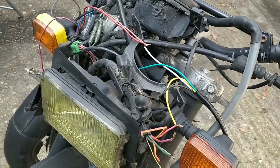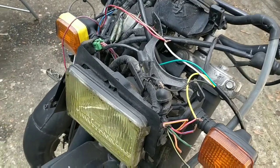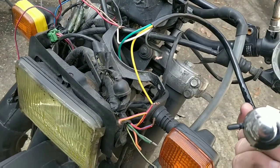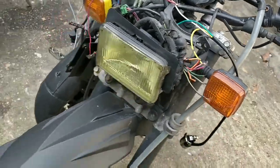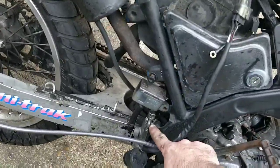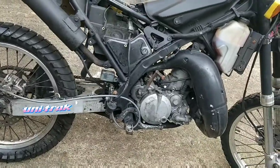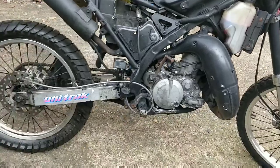At the moment I've got all the lights sorted. I haven't got the horn sorted. I can't quite figure that out using this button, which is annoying. But I'll get some help if needed for that. I've got no solution to the rear brake. I believe it needs a new master cylinder. 40-50 quid if you can find a second-hand one. I've drained out some of the oil. It was definitely too high,